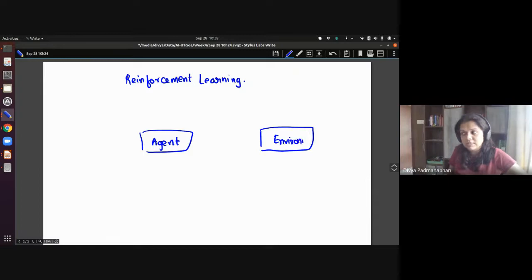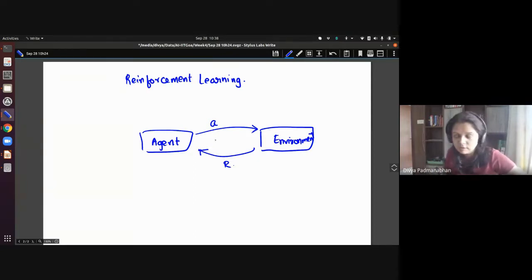Okay, this is like how it was in MDPs itself. So the agent takes some action and the environment replies back with some reward. Now the agent again takes an action but doesn't know what the next state is or what the probabilities are. Okay, and the environment again gives back a reward, and this process goes on, and the agent is trying to maximize the rewards that it can get.